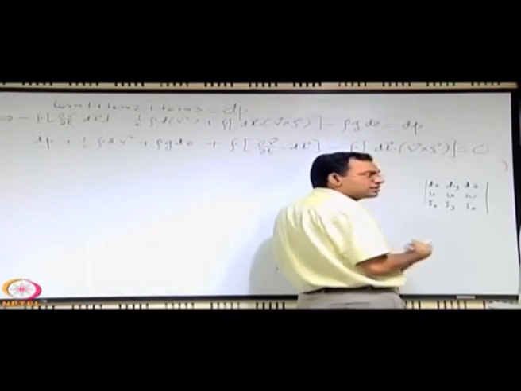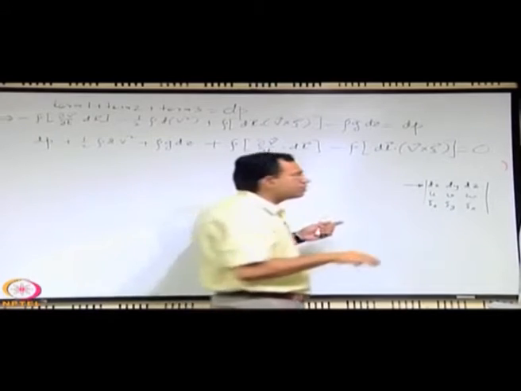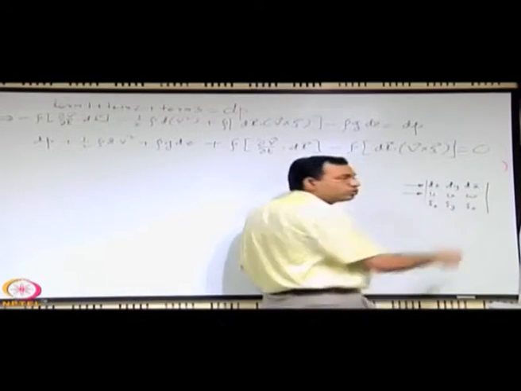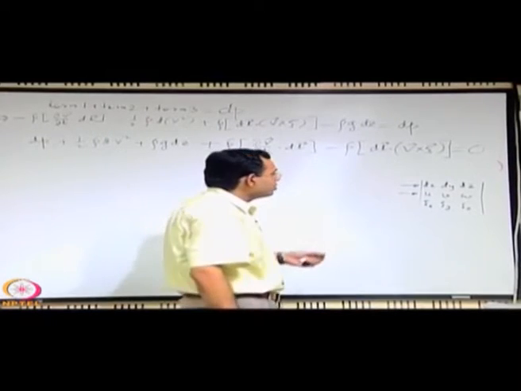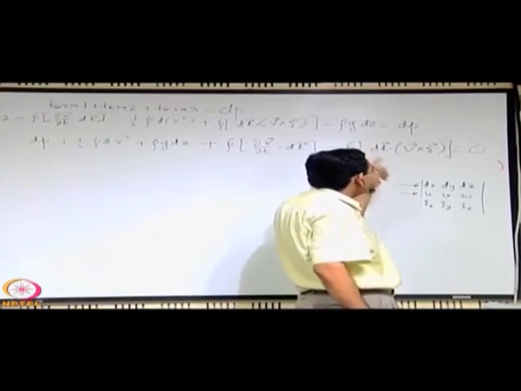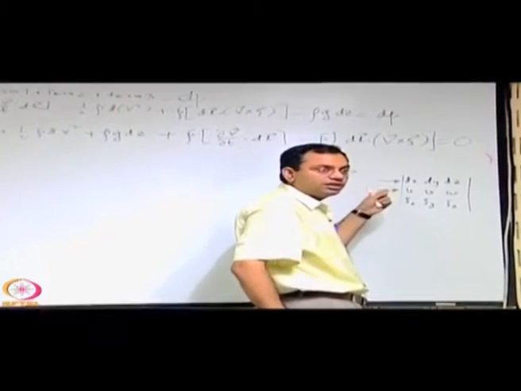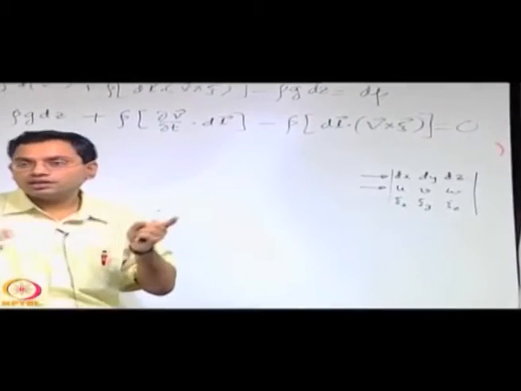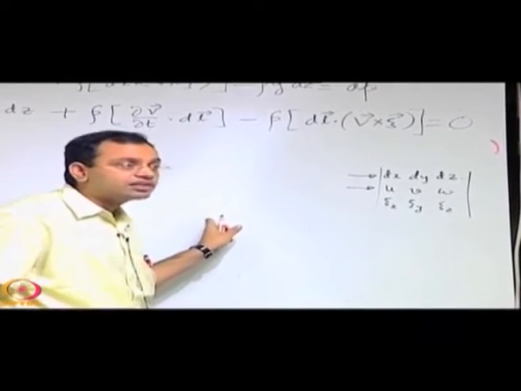Now, let us consider a case, just look at it mathematically, say row 1 is a scalar multiple of row 2. When is it possible? When the direction of dl and the direction of v are the same, then one will just be the scalar multiple of the other, because direction wise they are representing vectors oriented identically. So what is the special dl for which that is true? If it is located along a streamline.